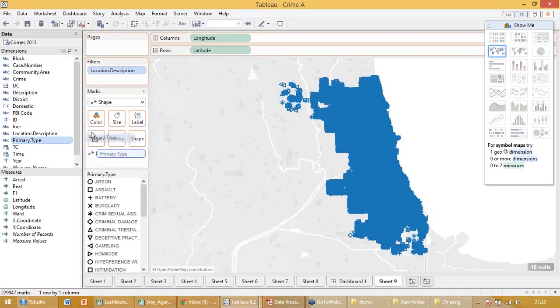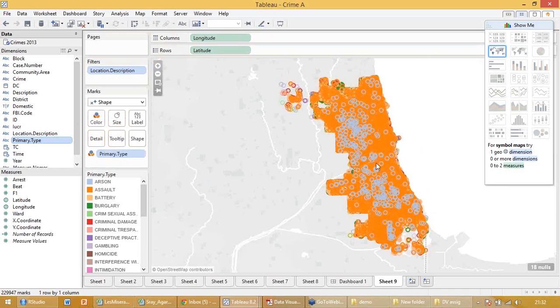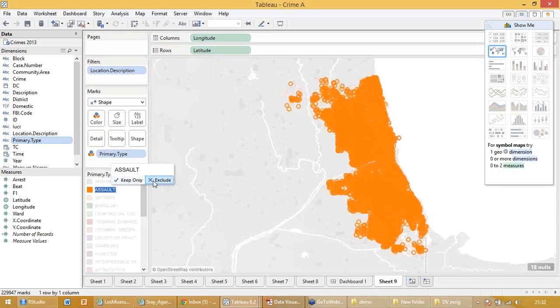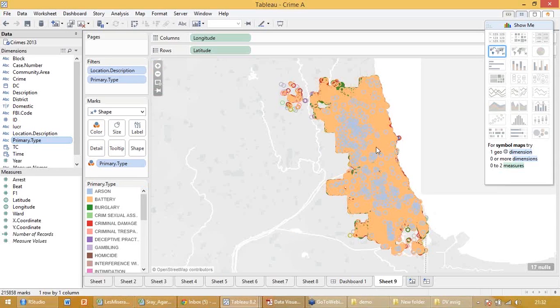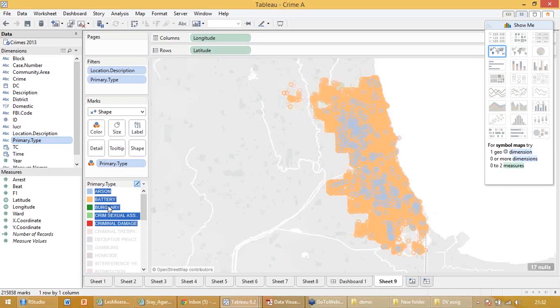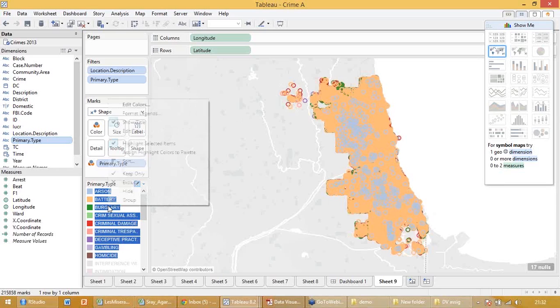So this does not make sense, so I'll put it on color. It shows me by color which areas have which kind of crime. So assault is very high. I'll try to remove assault once and see what happens. Okay. And what you can do is click on a couple of these, say the top 5, and it's like, okay, these are high, so I can group them together. I find that, okay, these are one kind of crime, these are another kind of crime, so club them together. So maybe